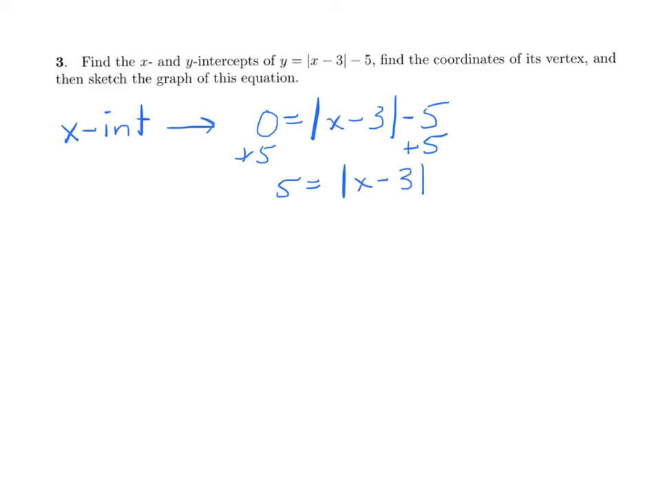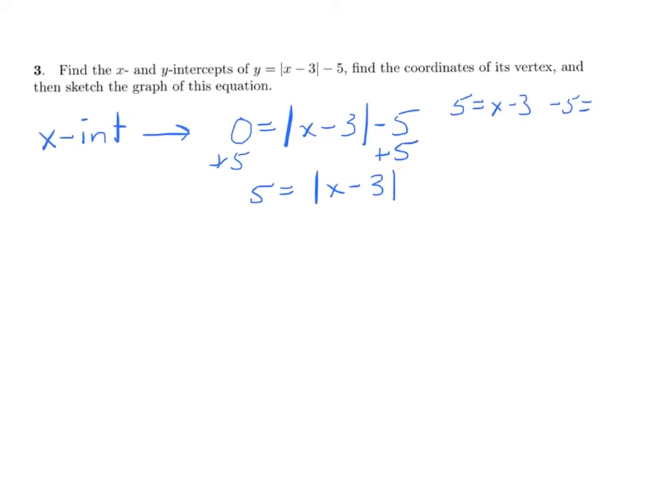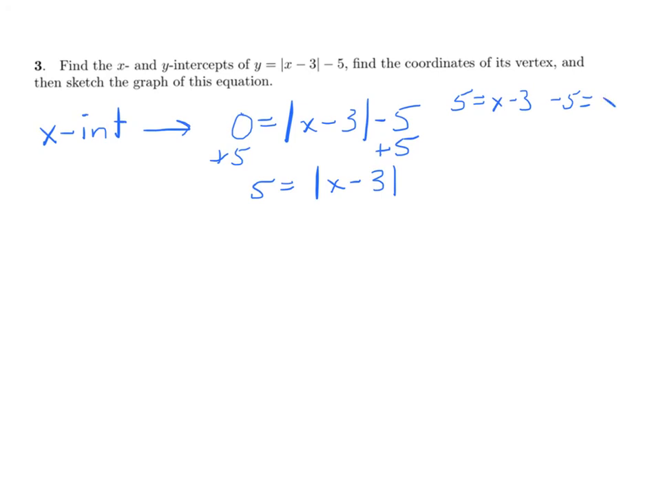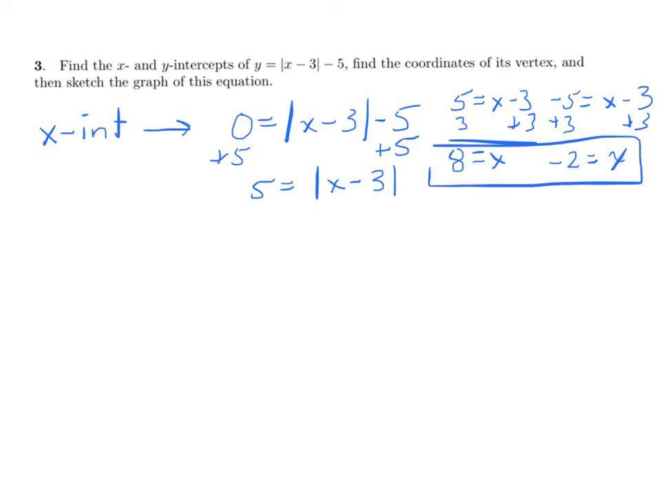I make 2 equations. I'll make them up here though. So I get 5 equals x minus 3 and negative 5 equals x minus 3. Add a 3 to both sides. X equals 8. So that's one x-intercept. The other one would be negative 2. So negative 2 equals x. So we have 2 x-intercepts. So don't forget that. That means it says x equals 8 and x equals negative 2, but those are our